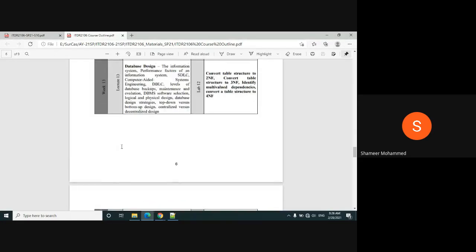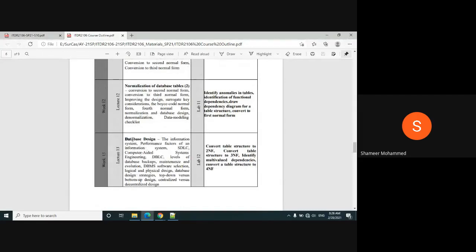Okay. The last one is about the designing of the database. Like in the principles of information systems, you have learned the systems development life cycle, SDLC, isn't it? Analysis, designing, coding, testing, implementation, maintenance. Have you studied this one?